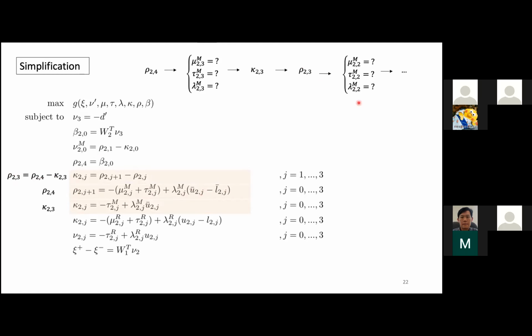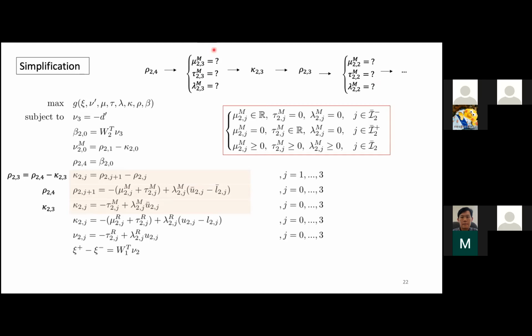We can find that finding a rho and the kappa in this process forms a circle. So if we repeat this operation, maybe it can help us find all the rhos and all the kappas. And here we have to notice that